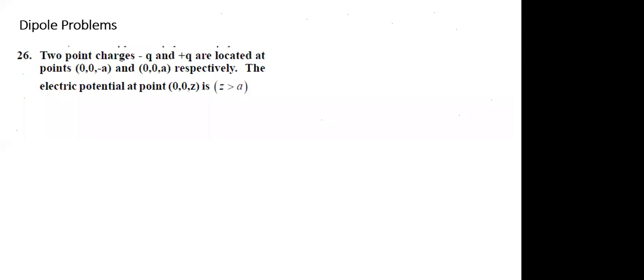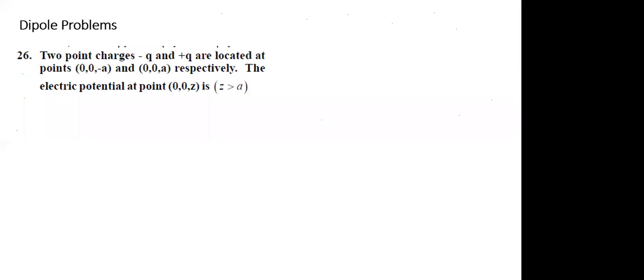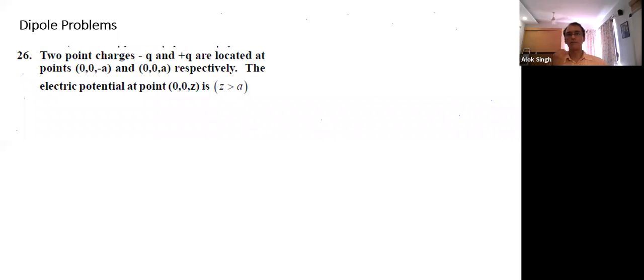Coordinates. What are their coordinates? Yes. So what I notice here, all are placed along the z-axis. First thing to notice, all are placed along the z-axis. And point B is to the right of the plus Q charge. So the point is on the right side, nearer to the positive charge, on the right side of the plus Q charge. Hence, it will be a positive value. That's what you need to do.